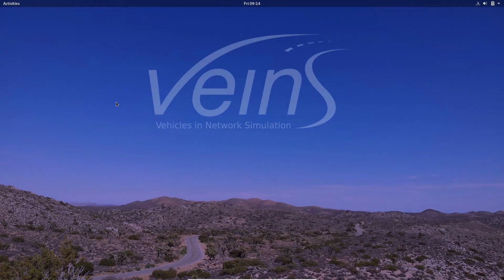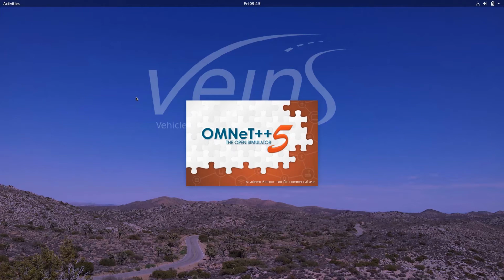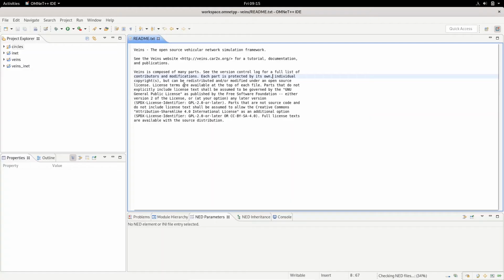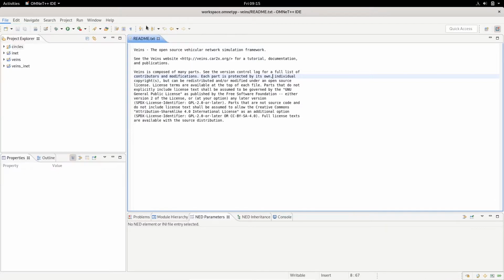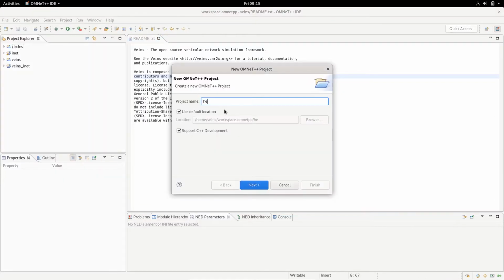Open the Omnet++ Simulator. Create a new project, that is, File, New, Omnet++ Project, and name the file as Hello World and press Finish with default options.